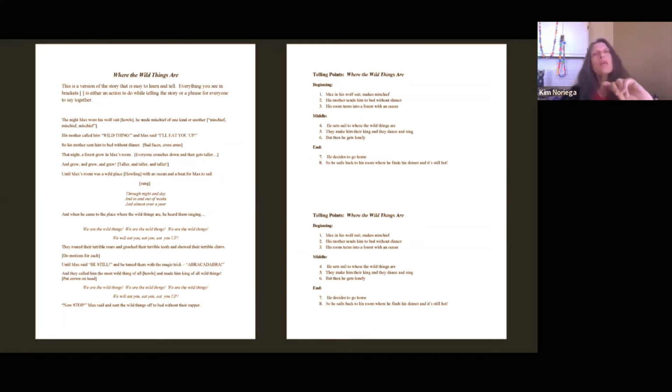And you can do this, if you're doing this in person, you can have people stand in a circle or sit in a circle, and you can let them read it till they get familiar with the different telling points. It's a great way to start having them learn the story before they do their beads. And you can have them roll the ball back and forth, or if they're ready to do throwing the ball, they can do that, tap a beach ball back and forth as each one reads the next line, the next